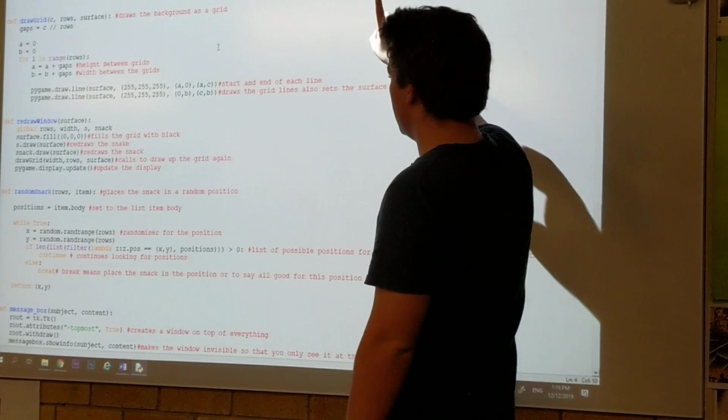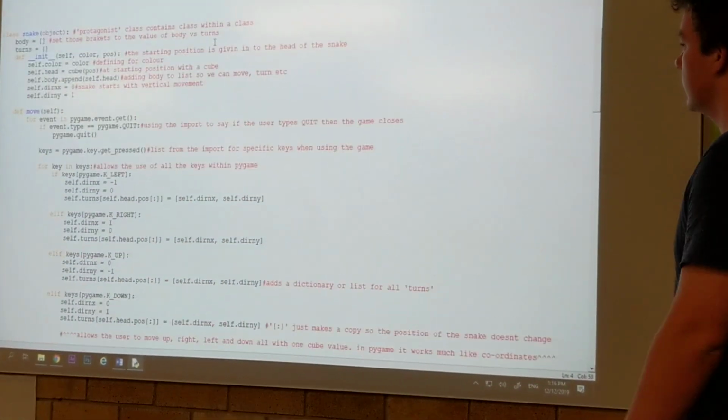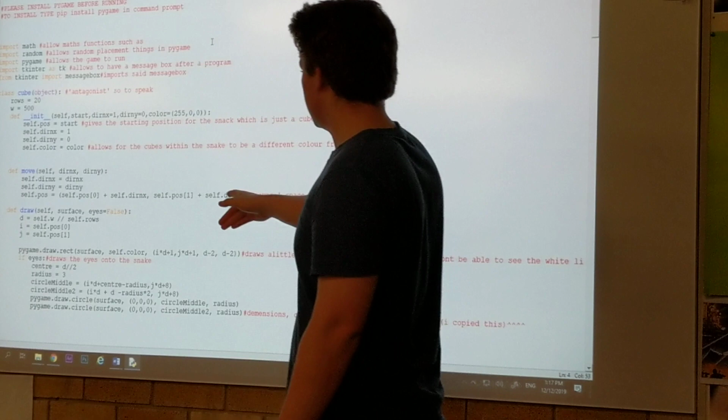What else is there? If you go up, like all the way up, this first definition here,